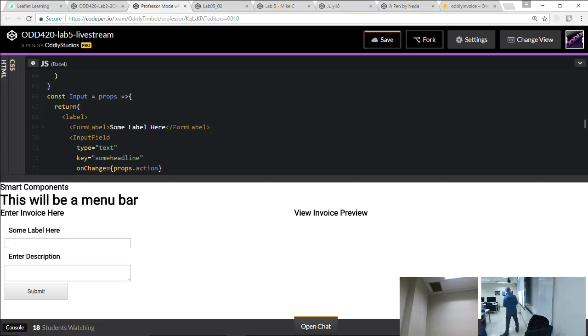Do some work with your form here and see if you can get the fields you need for your invoice in there. And that'll be pretty good. So we didn't quite get to submitting it into Firebase, but we're almost ready to, because we've already got the config in there for Firebase. So I would say if we had another 20 minutes, we would have this submitting into Firebase. So tomorrow for sure we'll get that working.